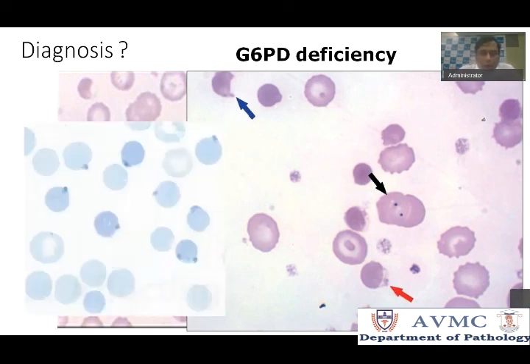If you want to highlight these Heinz bodies, sometimes you may not see them very clearly in Romanowsky stained smears. You can do a supravital staining or your reticulocyte stain, where the Heinz bodies are highlighted beautifully. They are all seen sticking onto the membrane. So if you find an inclusion sticking onto the membrane, more likely it is Heinz bodies. Hubble-Jolly bodies will be seen in the cytoplasm, inside the cell. Bite cells, blister cells, Heinz bodies directly point towards G6PD deficiency.